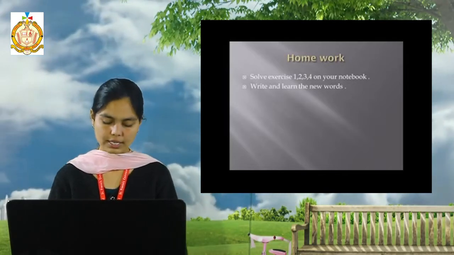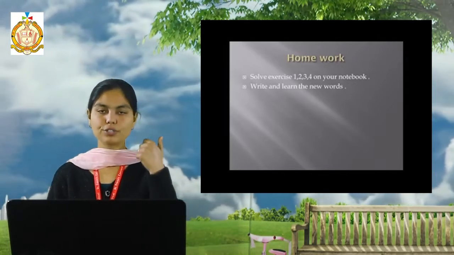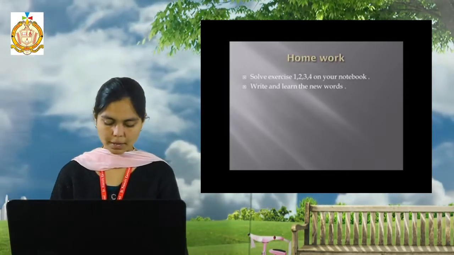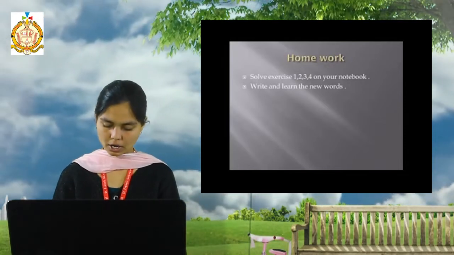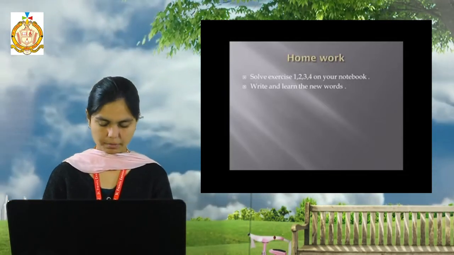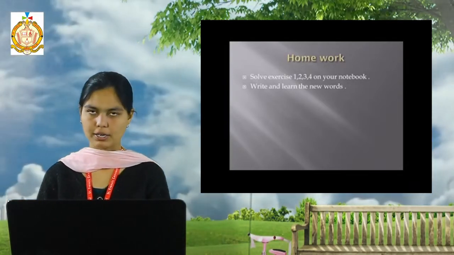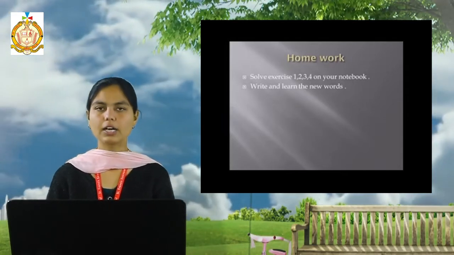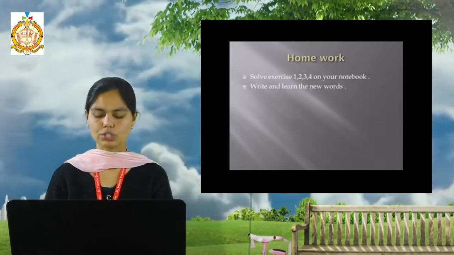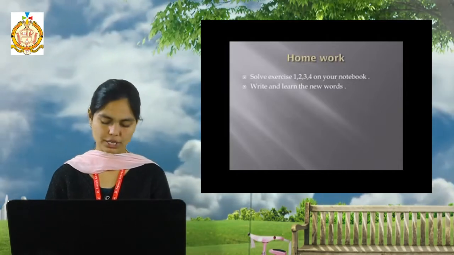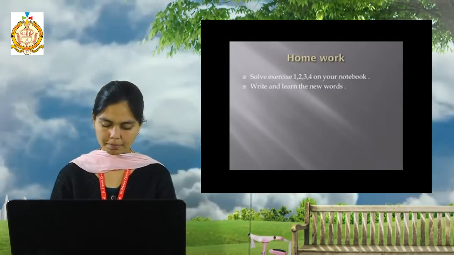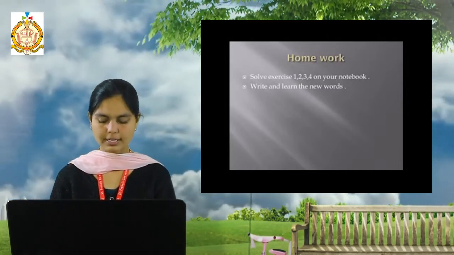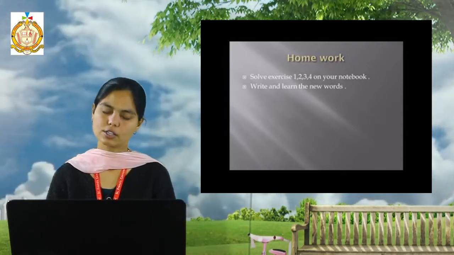Next is true or false. Plasma is a yellowish fluid, that is true. WBCs help in blood clotting, false. Blood platelets help in blood clotting. Veins carry blood from all organs to the heart, true. The heart has two chambers, false. It has four chambers. The septum prevents mixing of deoxygenated and oxygenated blood, that is true.